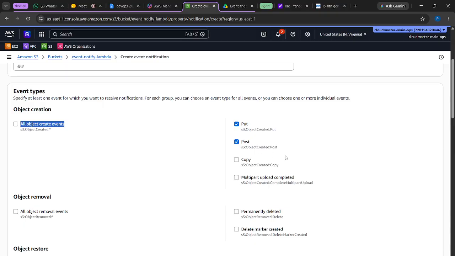Or copy you can also create. If someone is copying, say you have enabled CRR somewhere else, and from there the object is getting copied to a destination bucket, you need to enable this one as well. Depending upon your specific requirement, you can choose what sort of